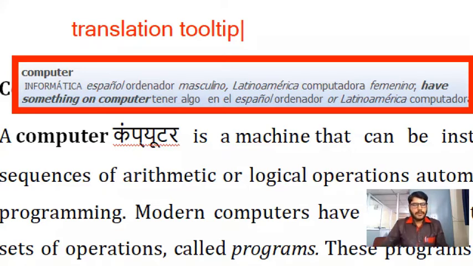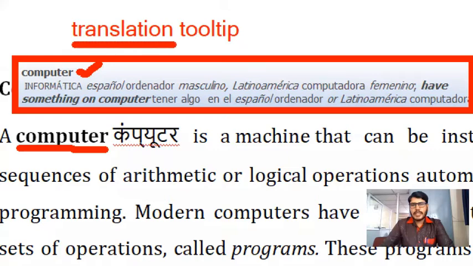Translation tooltip. So now, when I move the cursor on this particular word, computer, it is going to provide the computer meaning in Spanish. So this is the translation tooltip it is providing.